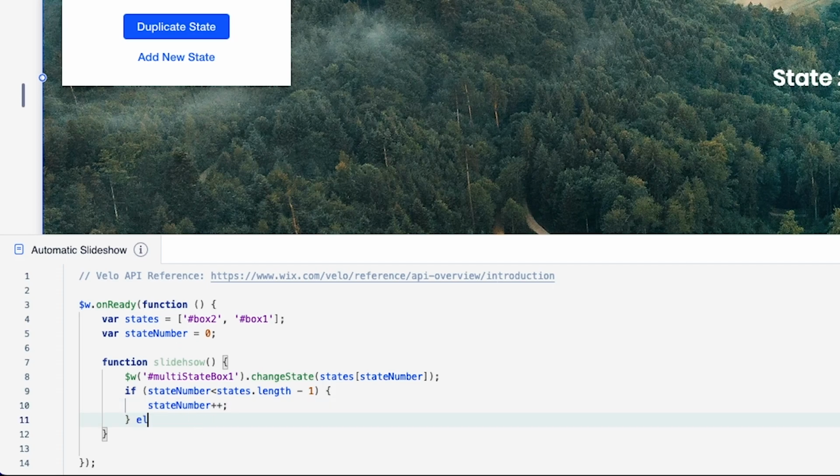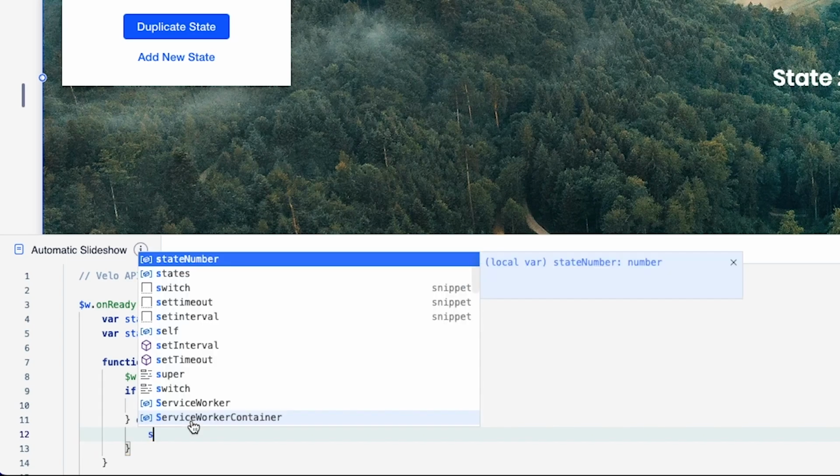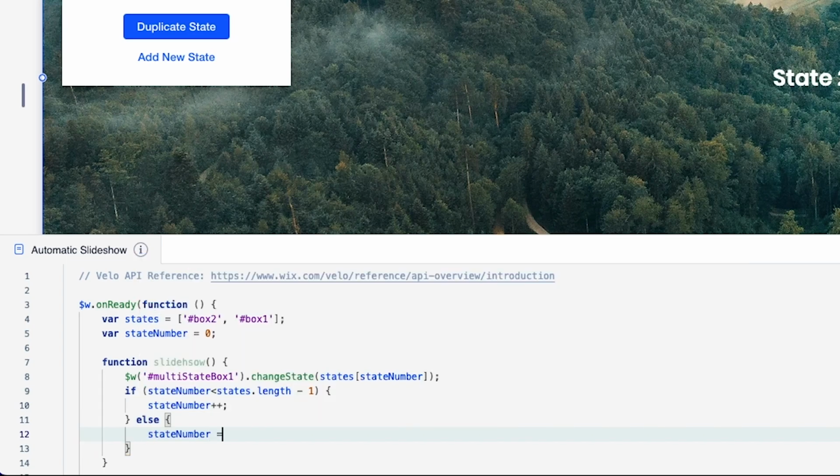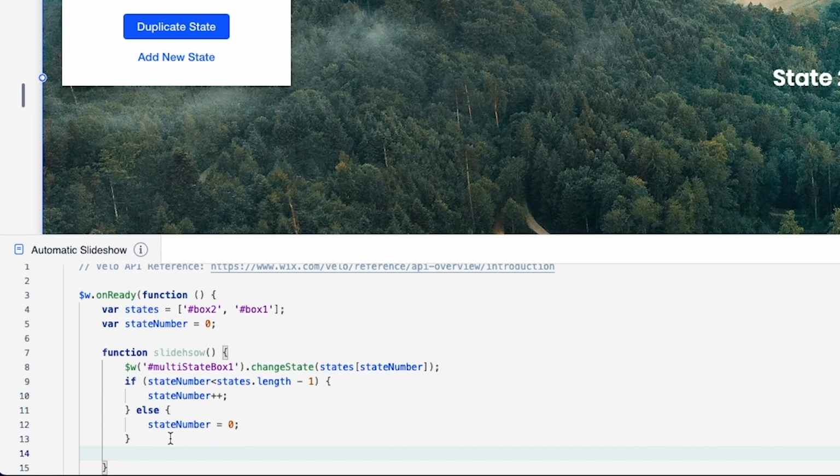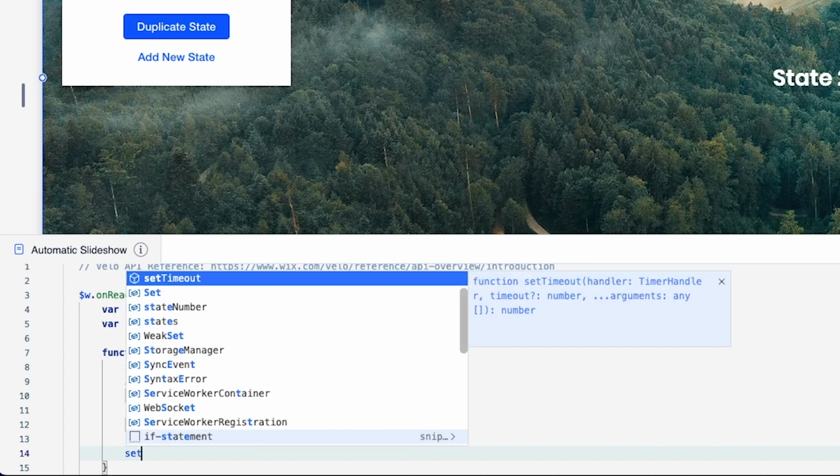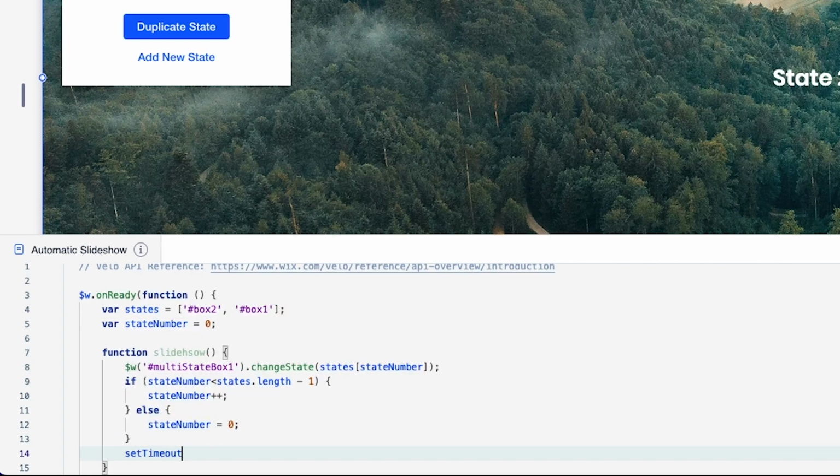And then underneath that, we're going to say else. We're going to set the state number back to 0. So basically, once it goes through all of the different states, we then want it to go back to the first one. Now underneath the else statement, we need to now set the time. So we're going to say set timeout, and we're going to have some